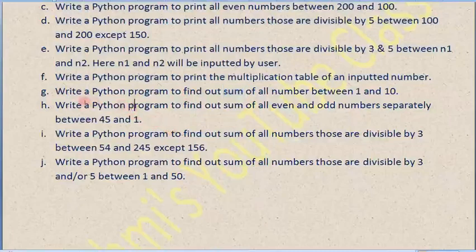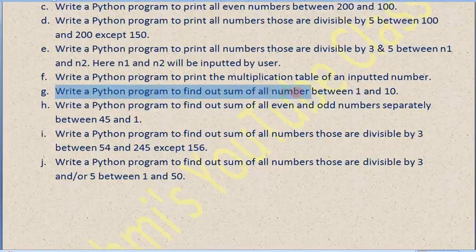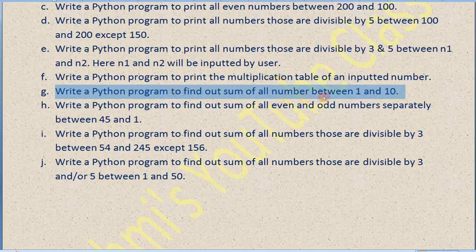So the first program, let's concentrate, that is, write a program to find out the sum of all natural numbers, it means between 1 and 10. So in this case we have to find out the sum of all numbers from 1 till 10, meaning 1 plus 2 plus 3 plus 4 plus till 10. So at first we need to check how many variables we require in this case.